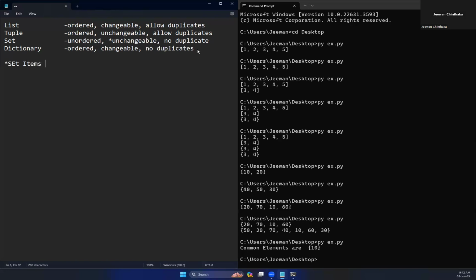Now the first one, set items. If you want, you can write down: set items can be removed or added, but cannot be edited or replaced. Set items can be removed and added. That's why we say it is unchangeable, but you cannot edit. Right, and the dictionary,